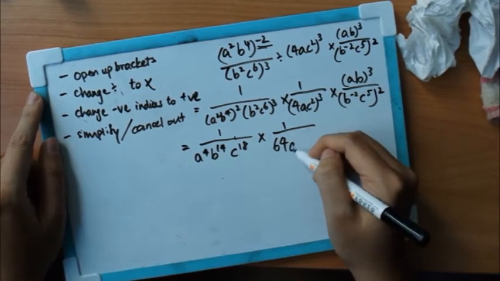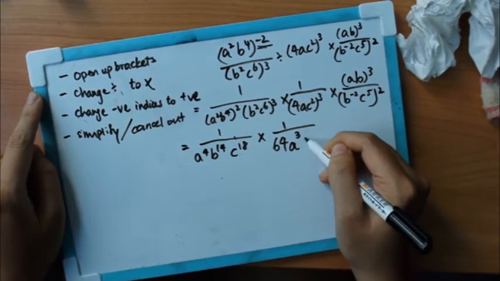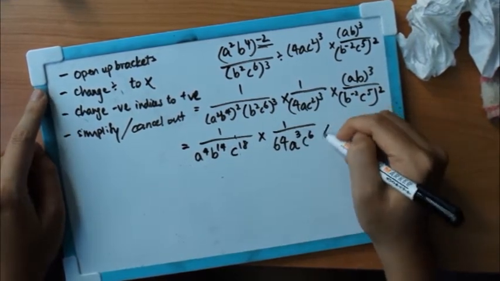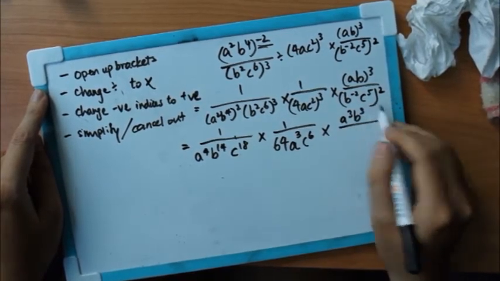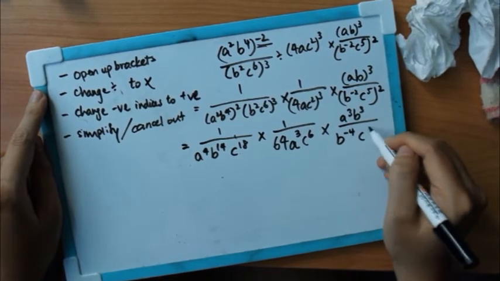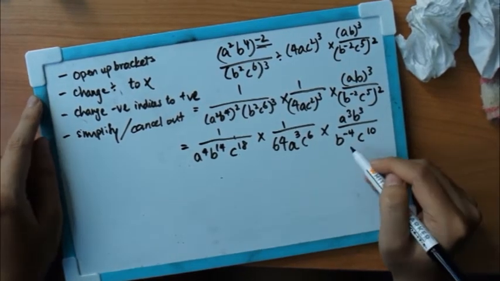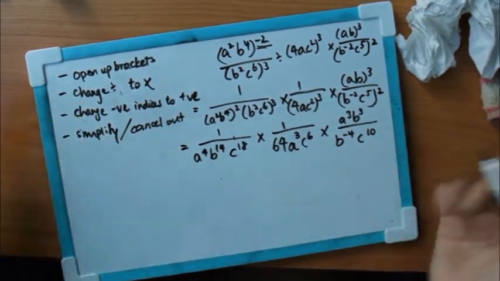A^3, C^6. Simple, right? Simple. Not difficult. B^-4, C^10. So now I just need to deal with this, but you see,